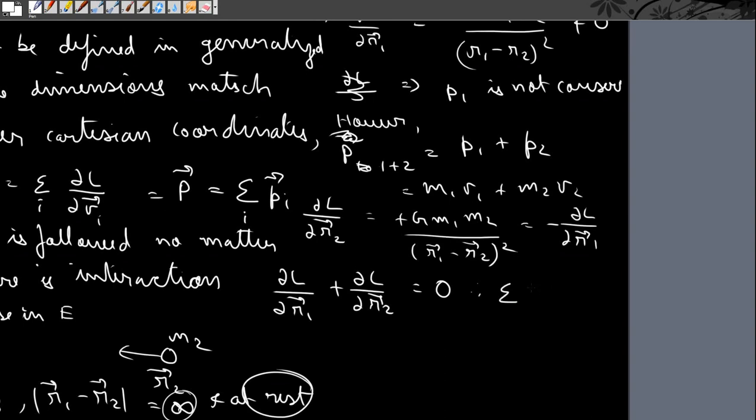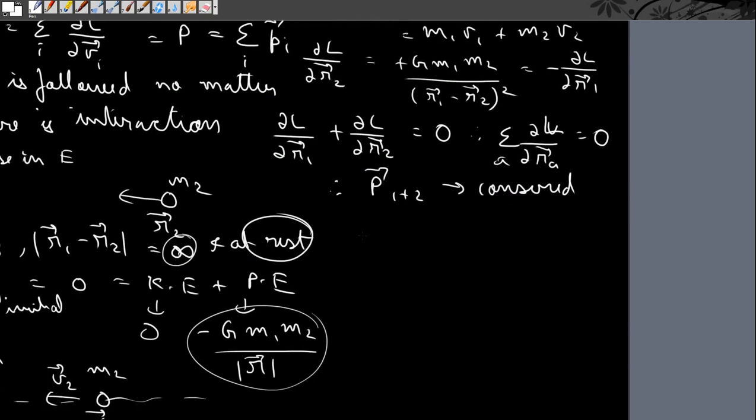So therefore the condition that summation ∂L/∂R_a over all a is satisfied, therefore P_1+2 is conserved. So the total momentum of the entire system is still conserved, but individually they are not conserved. This is again seen by the fact that when these two move towards each other, the direction of momentum here is positive and here it is negative, so the total momentum will still be 0